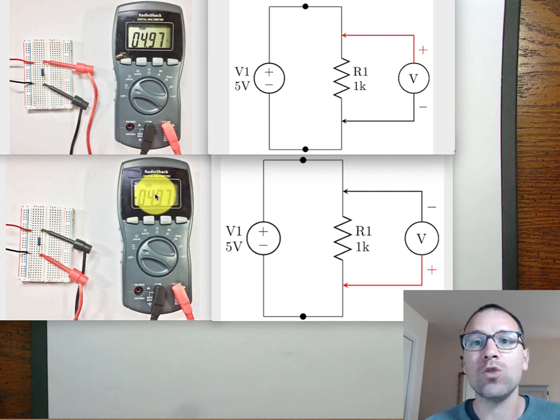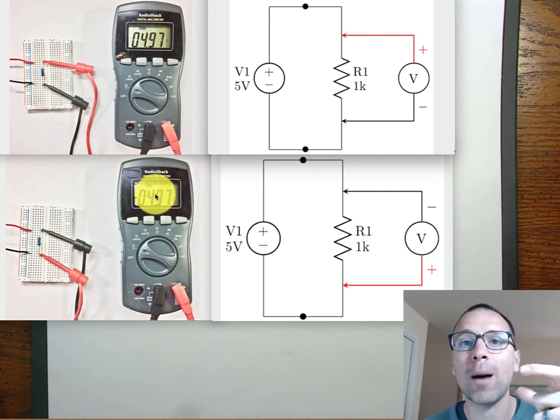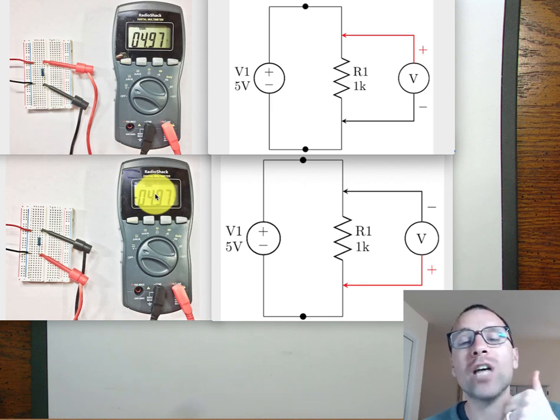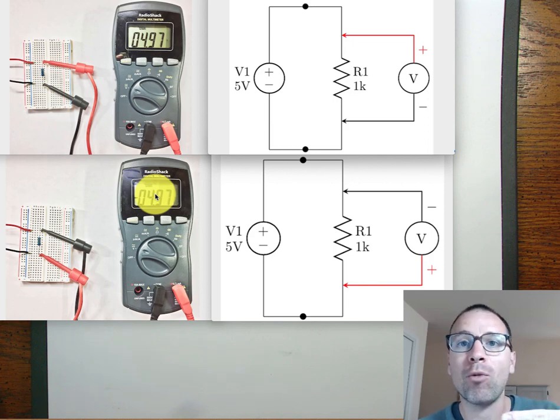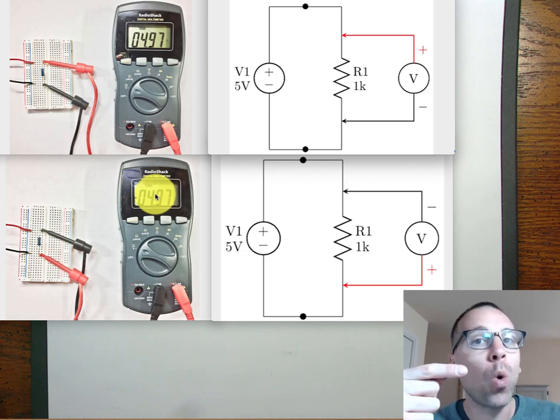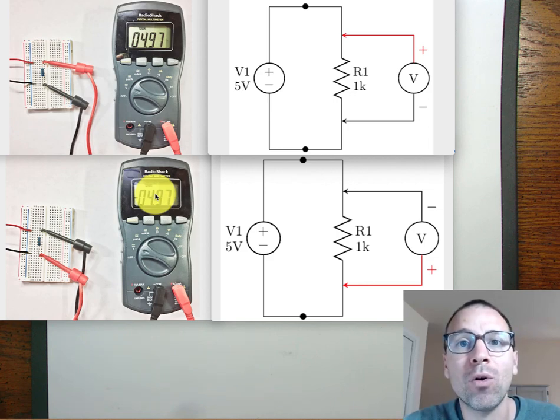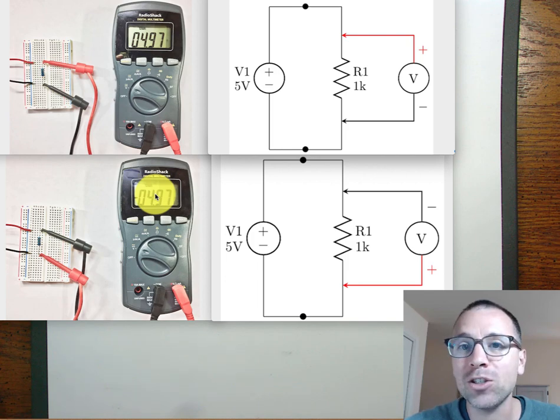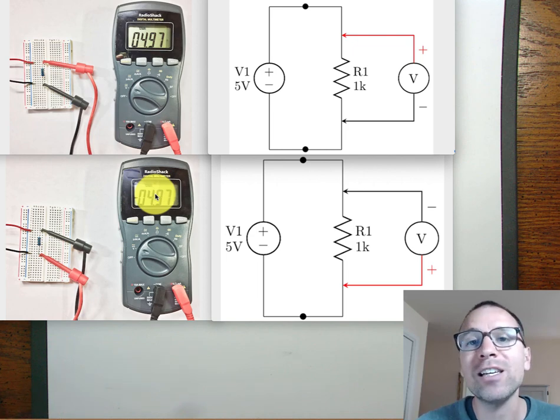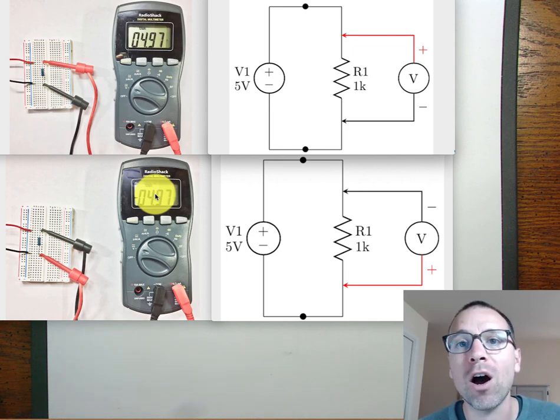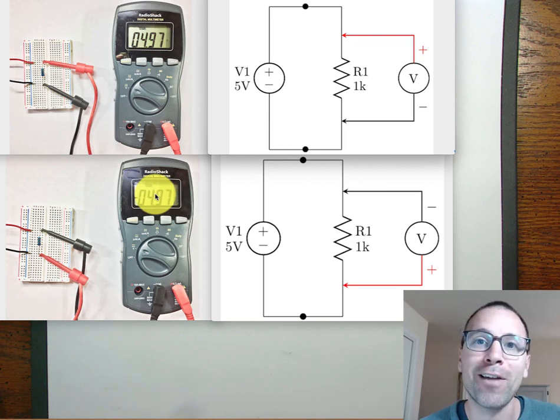Remember, the idea is we're going to use a measurement tool to capture data, to capture mathematical variables. The one that we care most about for circuits is the voltage drop across an element. We use a digital multimeter to capture that voltage. When we do so, we have a negative end of that multimeter and a positive end, and the corresponding value of that variable encodes not only a magnitude, but also a sign. And that sign is directly related to the polarity of our measurement tool, where we put the negative and where we put the positive.